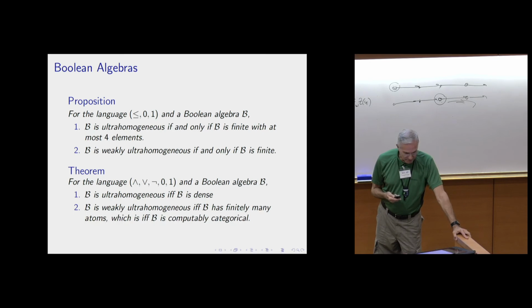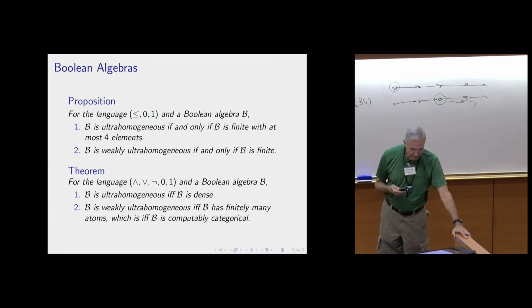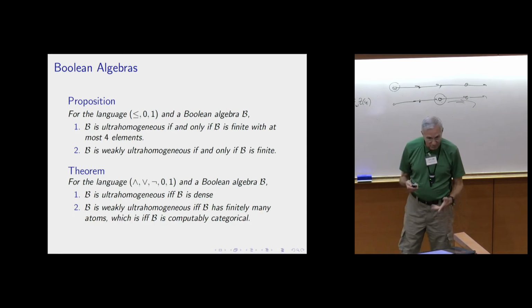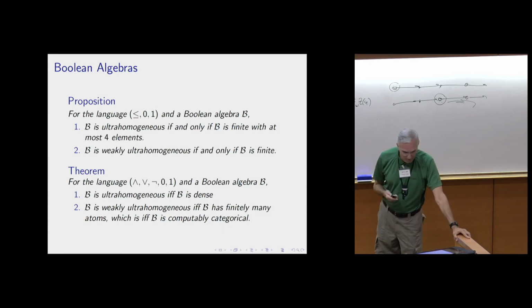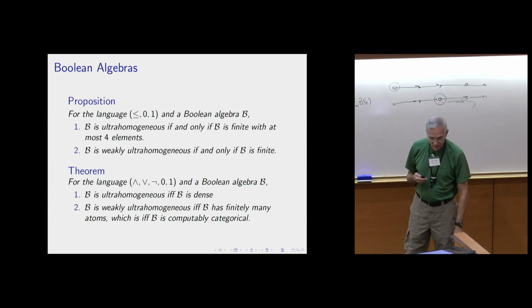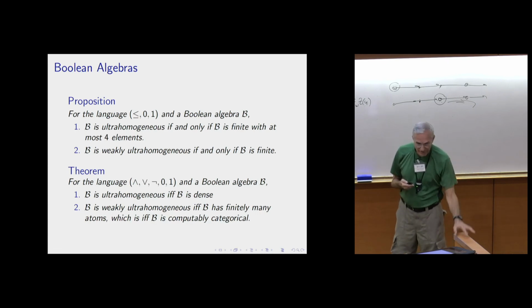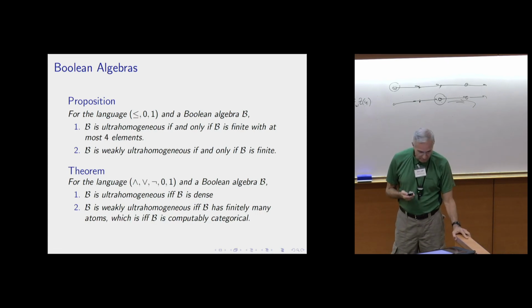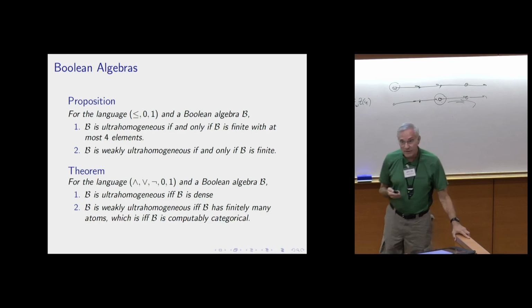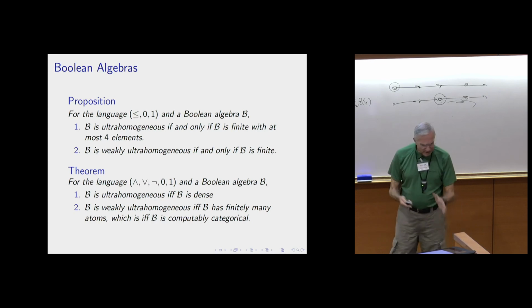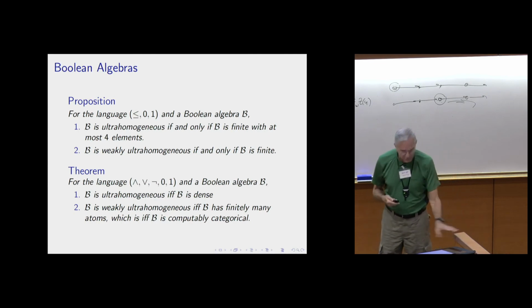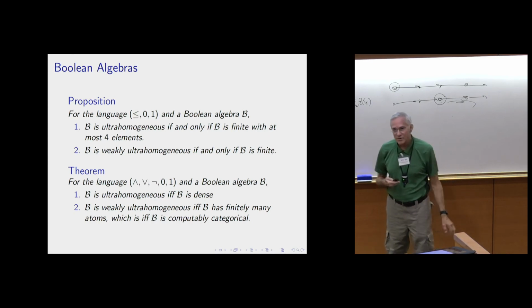If you have the language that includes the meet and the join, then it is well known, of course, that ultra-homogeneous corresponds to being a dense Boolean algebra. And weakly ultra-homogeneous quite naturally corresponds to having finitely many atoms. So in this case, being weakly ultra-homogeneous will be identical with being computably categorical, which is nice. We were plunging in, getting our hands dirty, proving these things. And I think I realized recently